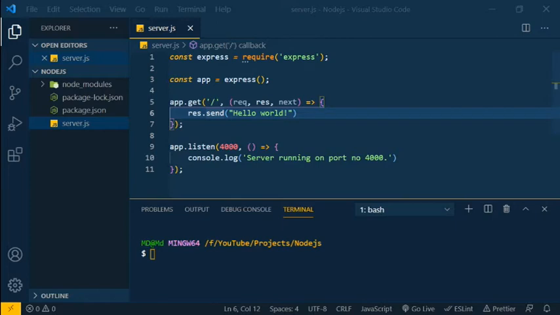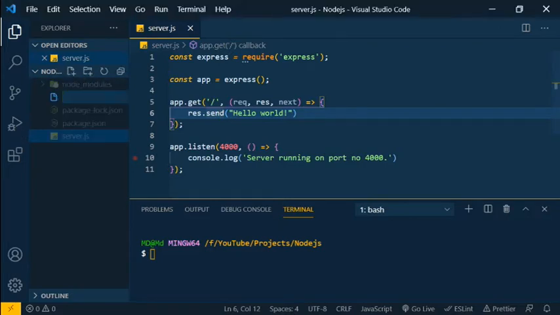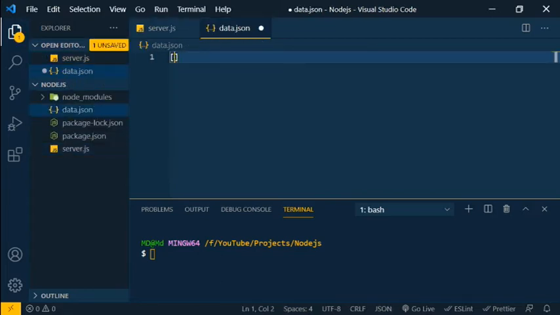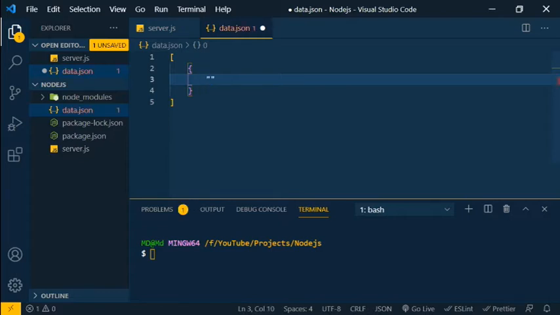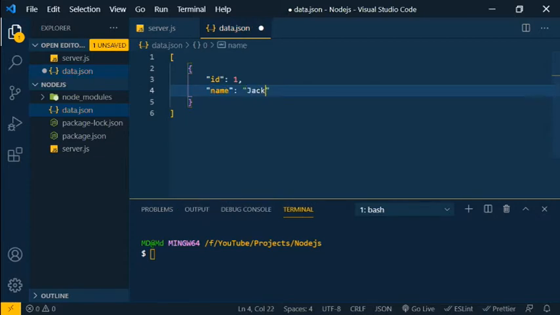In this video we cannot use any database to maintain our data. For the sake of simplicity, I'm going to use local data in a JSON structure. So I'm going to create data.json. Here I'm just creating some simple objects, kind of articles. Consider we have a lot of articles; we need to keep them in a DB instead of keeping them locally. In future we will see how to do all this with a DB. A single article contains an ID, name and description.